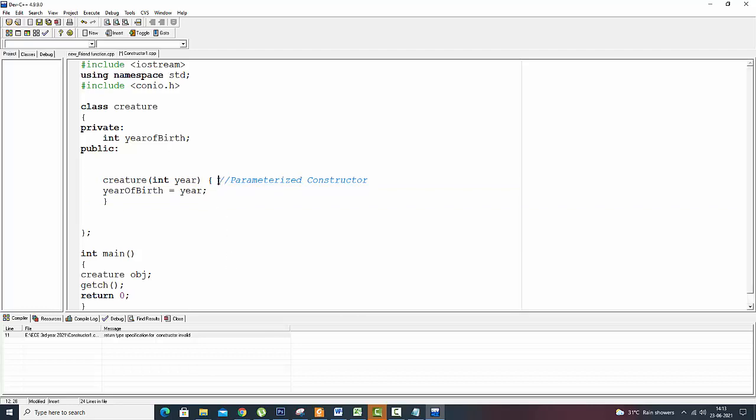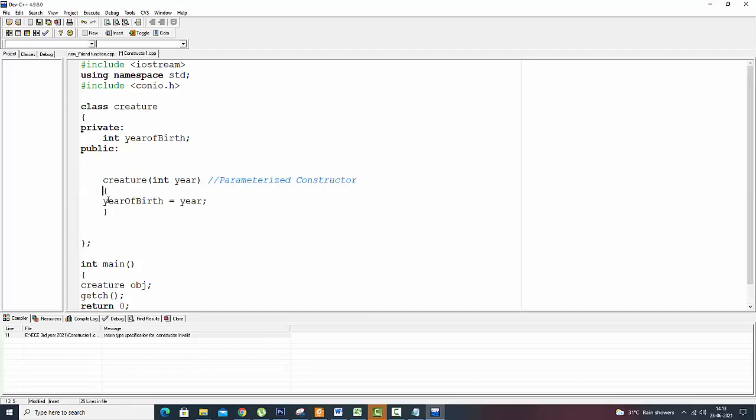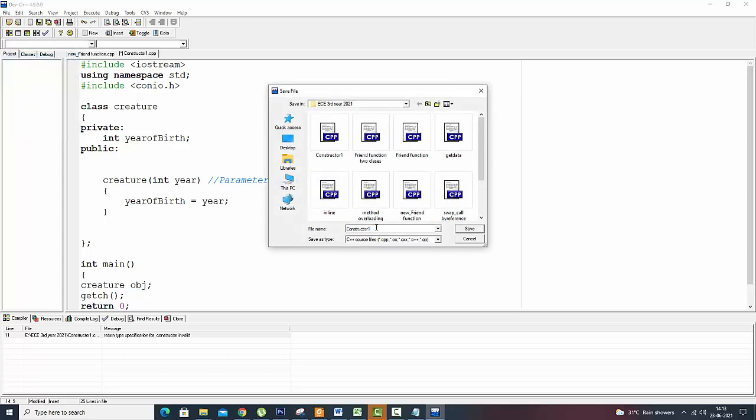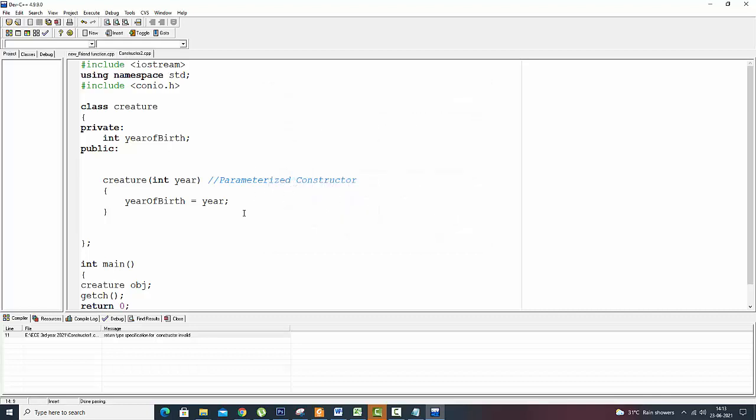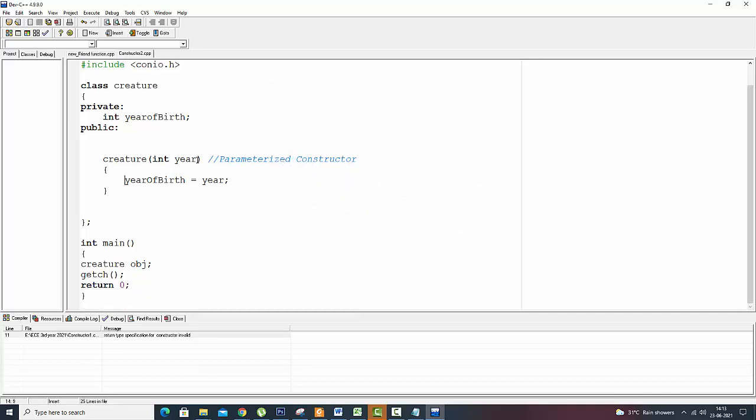I will save this program as constructor 2, and this is a parameterized constructor, so we have to pass a parameter. If I run this now, it will show an error.